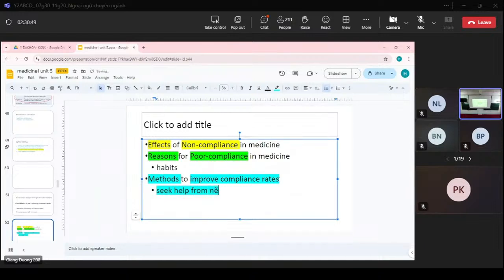Yes, seek help from their next of kin, so that they can observe the patient, they can follow the patient's compliance, and remind them. This is maybe the only way. Or another way is to persuade them